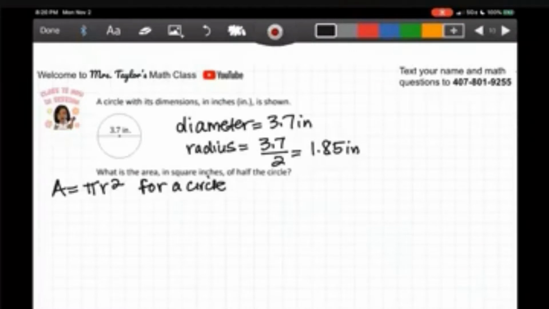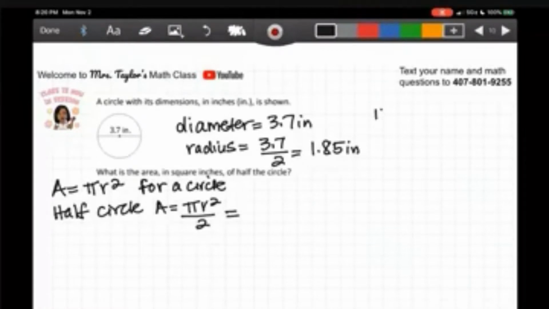But for a half circle, the area is pi r squared divided by 2. Alright, so let's plug in our information. And the value of pi is 3.14. So we would say 3.14